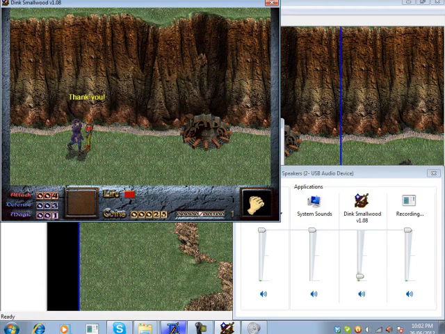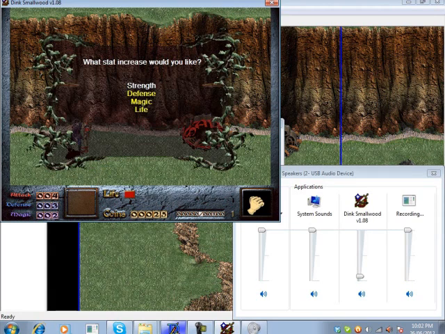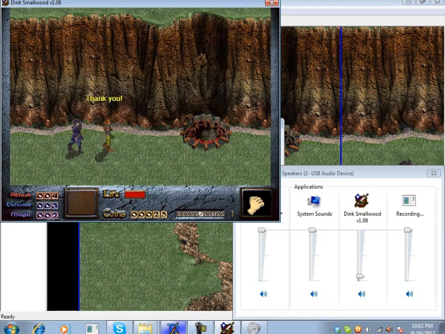Defense, that worked. Put our defense up by 1. You can see that in the bottom left. Try magic. That one, you can see how that one worked as well. Then Dink says that thank you line at the end of the choice statement, and finally we'll try life. And you'll see it filled our life bar up, and it gave us a little bit more max life and